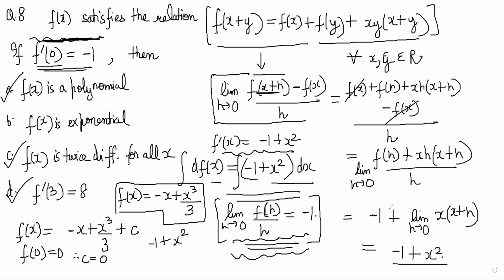So remember one thing: if you're given derivatives, then think of the derivatives in terms of the limit definition, that is the more useful. Here we found f dash 0 in terms of this limit, no? And then we wrote f dash x in terms of the limit definition, and then used it again here and got it, right? Okay, then